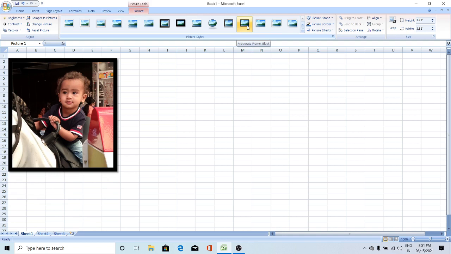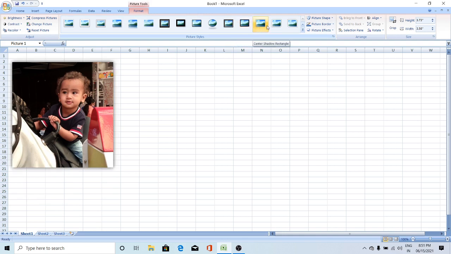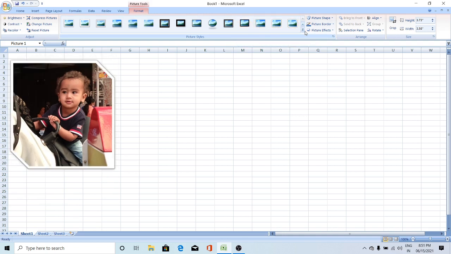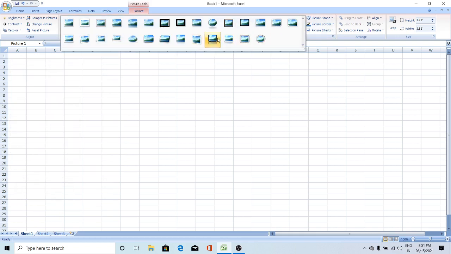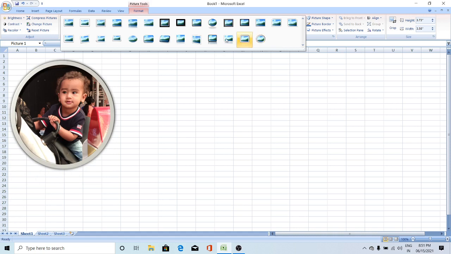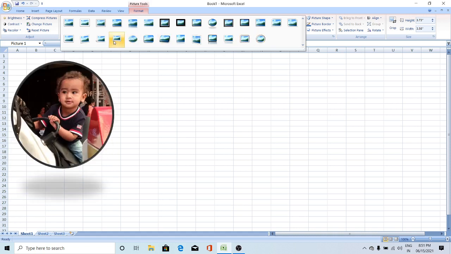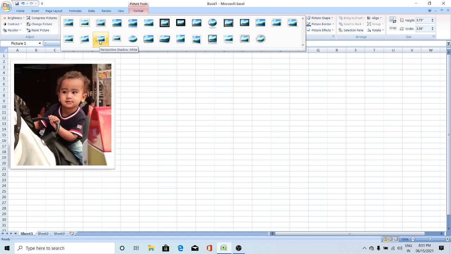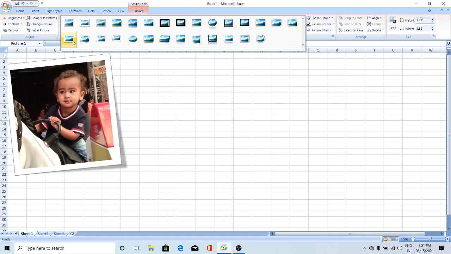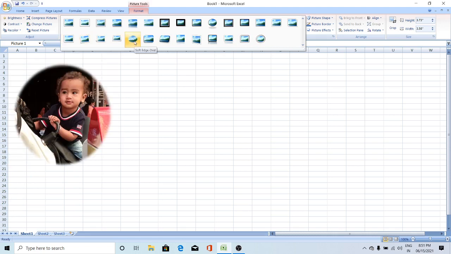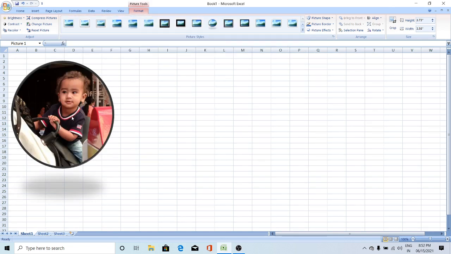Different styles are there, and many styles you can apply to your picture. You can see the changes over here. Like this, you can set styles for the picture.